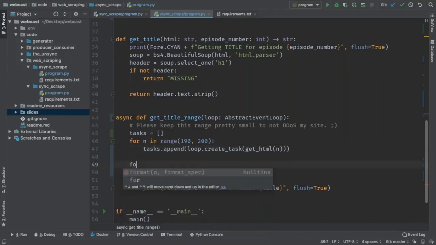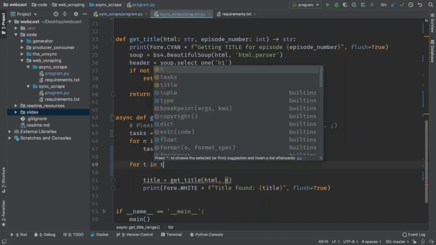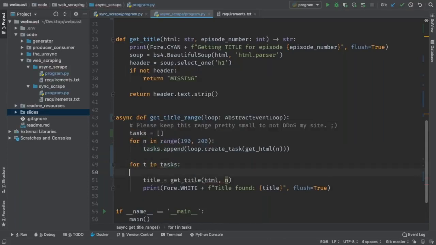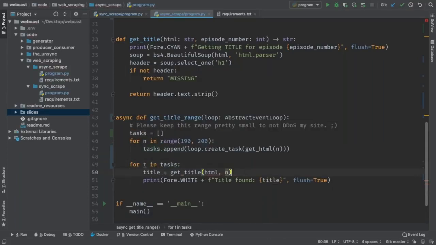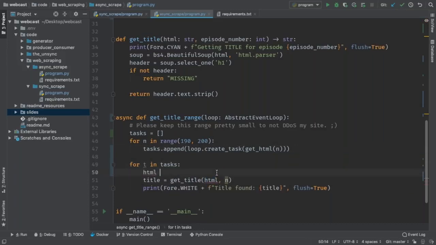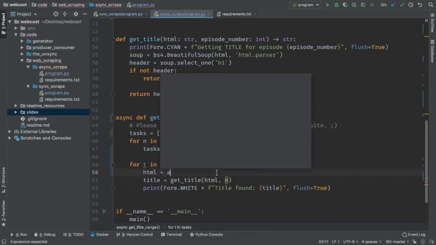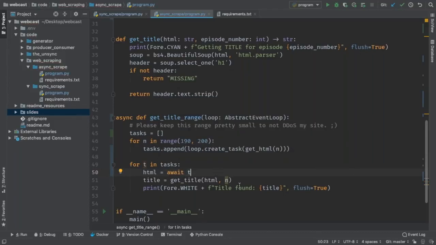I can say for t in tasks, so I want the HTML back. So I'll say HTML equals, and you can't exactly say t. So what you're going to do is you're going to say await t. Now we also notice here we also have n we need, because before it was just part of the loop, but now we don't know which one.